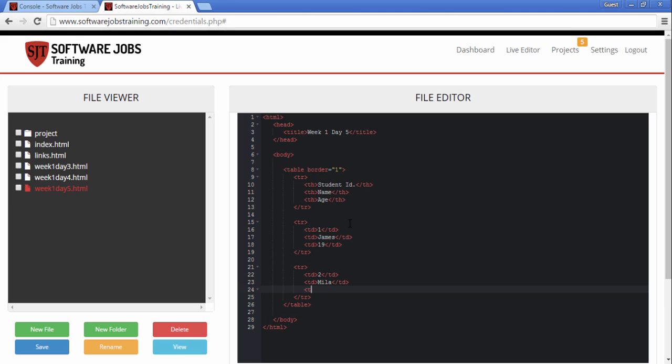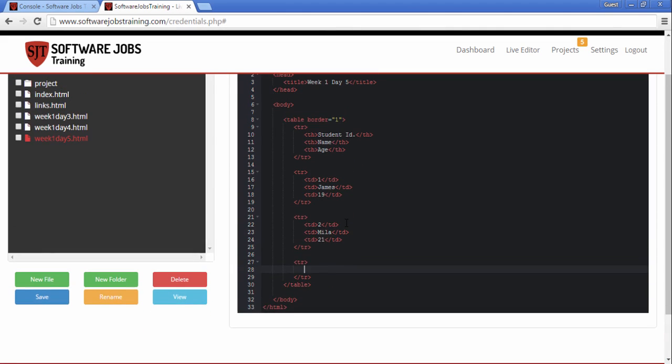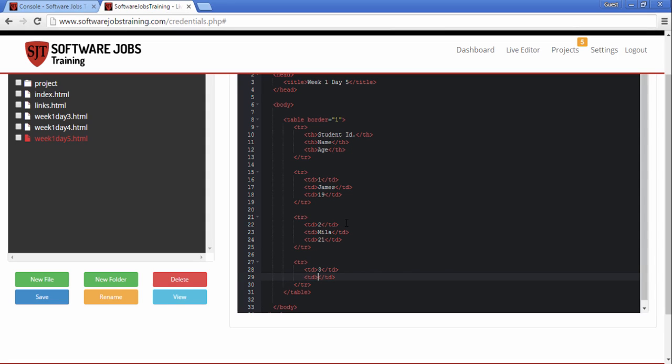I'm going to put in some data over here. Let's insert one last row. We're going to have 3 rows basically, and student ID should be 3, and the name could be